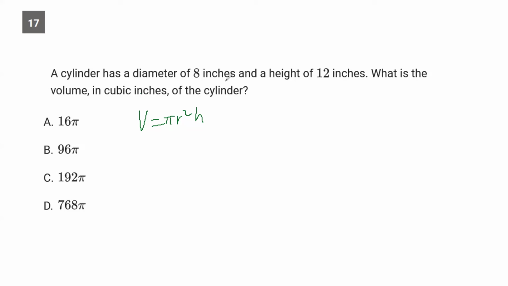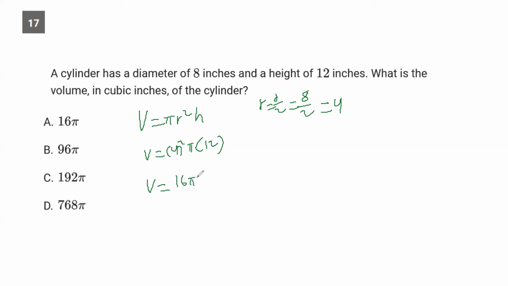So diameter of 8 inches, so r equals 8 over 2. So it equals diameter over 2, which equals 8 over 2, which equals 4. And we have height of 12. So V equals 4 squared times pi. I'm going to put parentheses around the 4 just for good practice, times 12. And that's going to get us V equals